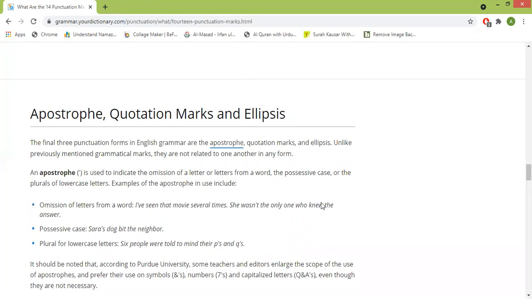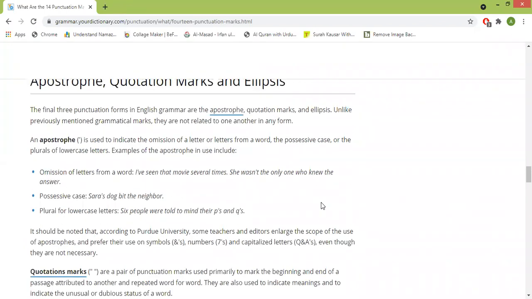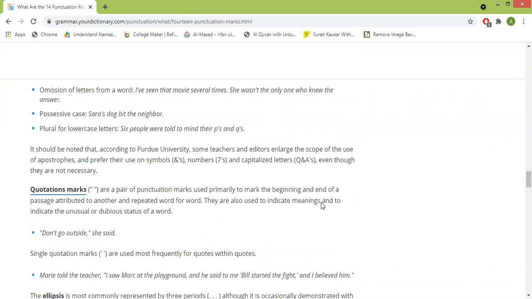Secondly, we use the s after the apostrophe in lowercase when we talk about plurals. For example, people were told to mind their p's and q's. We talk about twos and threes. They were counting in twos and threes. They were walking in ones and twos. So these are the two uses of the apostrophe. One, when we are showing possession of something with someone, and the other, the apostrophe is used with lowercase letters when we talk about plurals.